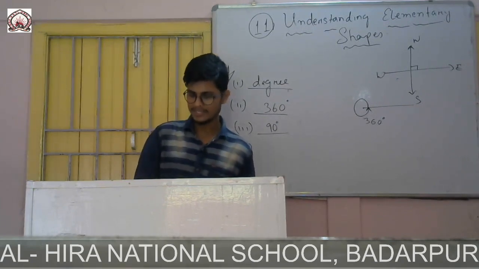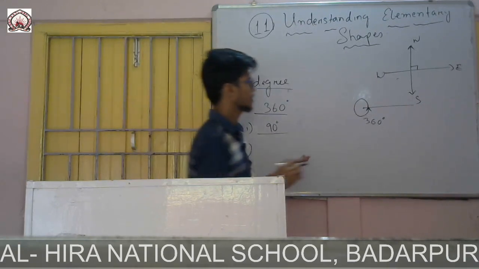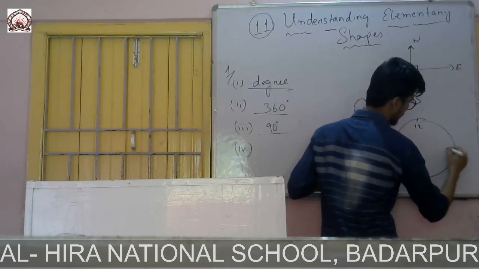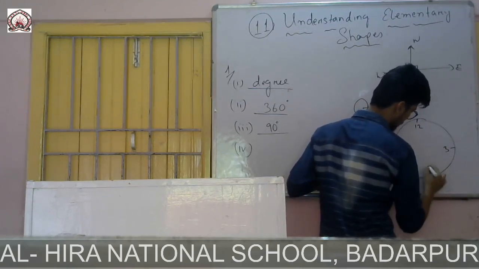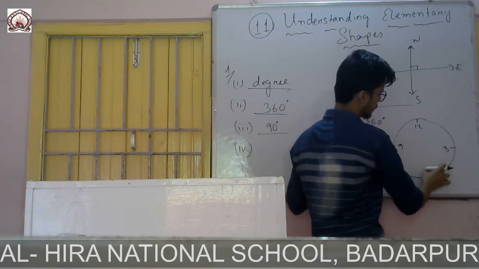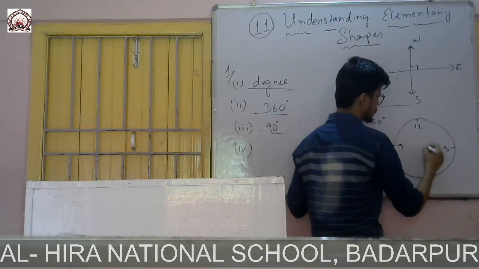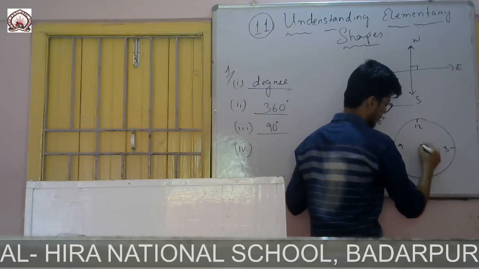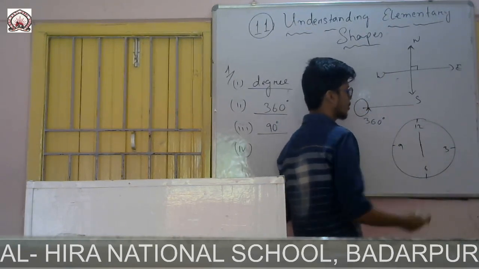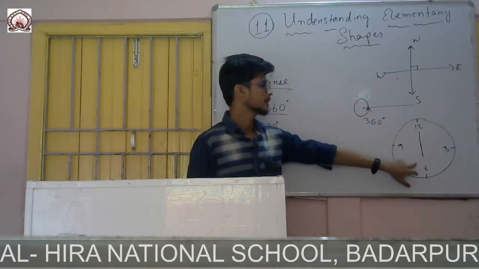Roman number 4, what is the angle between the hands of a clock at 6 o'clock? If I draw a clock, here it is written 12, here it is 3, just below this one it is 6, and there it is 9. In between there are 1, 2, 4, 5, like this. The question is, if the clock is at 6 o'clock, the hands of the clock will be like this. One will be at 12, another will be at 6. So you can say that it is 6 o'clock.